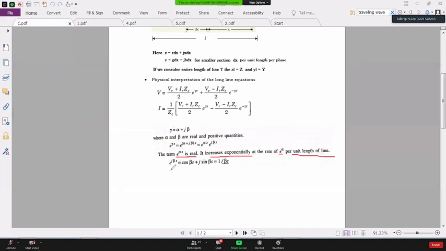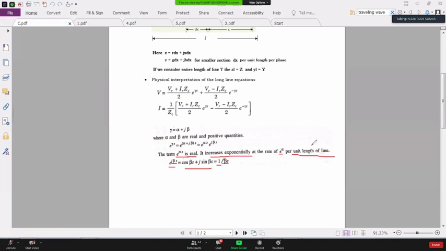Now, coming to the imaginary term. As we have j beta, from your math knowledge, e power j theta equals cos theta plus j sin theta. The same way, here in place of theta we have beta s. So e power j beta s will be cos beta s plus j sin beta s. If you find the magnitude of this, cos square beta s plus sin square beta s will be 1, and we have angle beta s.